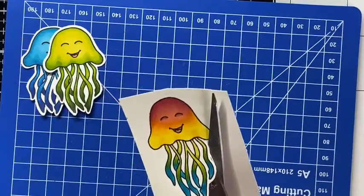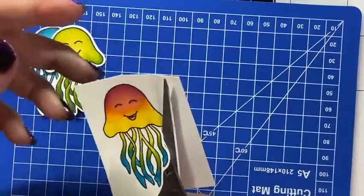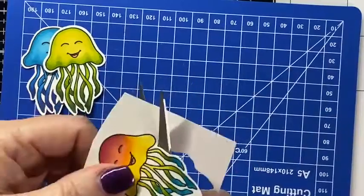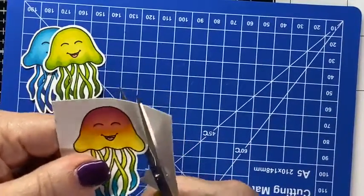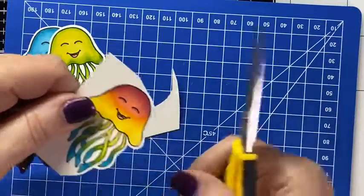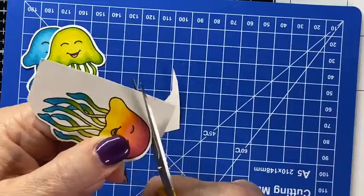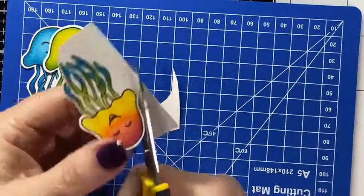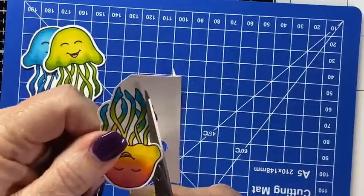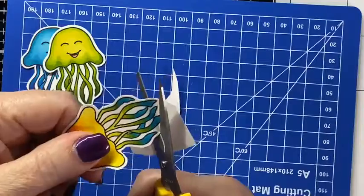That's why I usually use the really, really light colors. Eva, she knows it drives me nuts. What are you talking about? I missed that, whatever that was. It usually drives me nuts to watch somebody fussy cut and leave that stuff hanging off of it. Once you start cutting and they start having a difficult time getting around there, I'm like, just cut that tail off. And it makes it so much easier. This one's so little and I'd already cut it all the way down that it didn't really matter that much, but